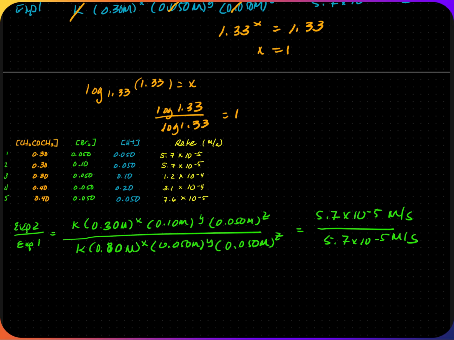Now we reduce, the K's cancel out, CH3COCH3 cancels out, the H plus cancel out, so 0.1